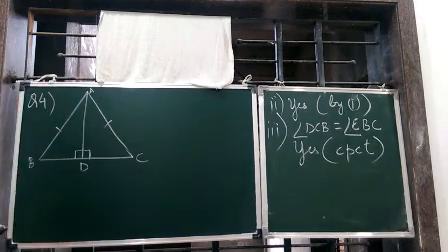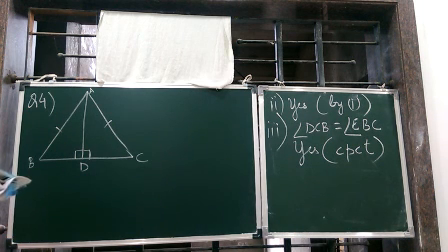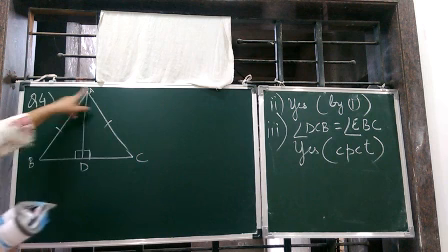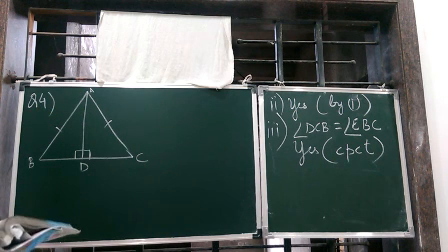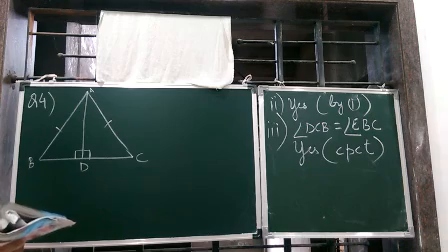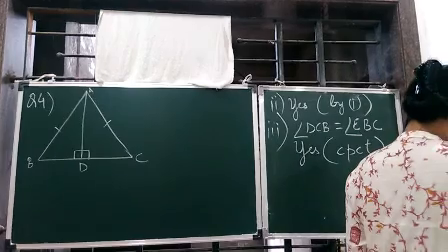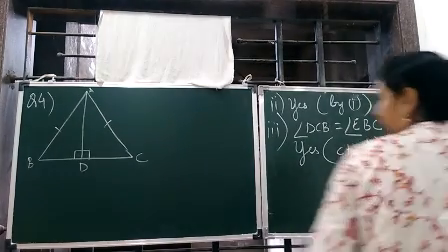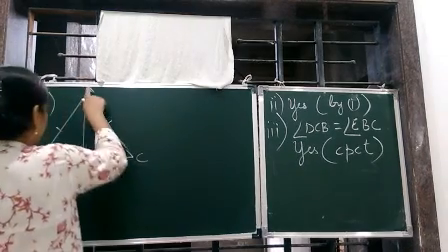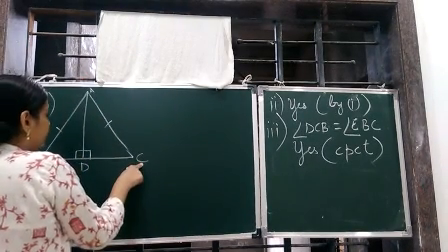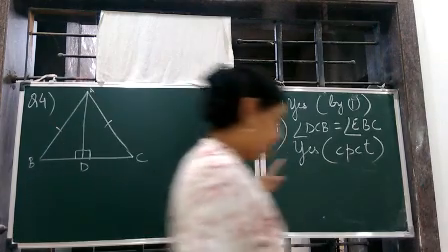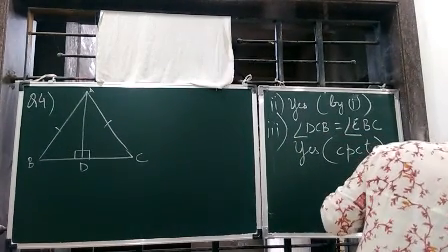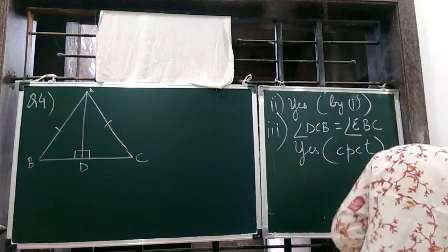Right angles, okay. Now, ABC is an isosceles triangle with AB equal to AC. Yes, that is why it is an isosceles triangle. State the three pairs of equal parts in triangle ADB and ADC. In triangle ADB and ADC, we have to state the three parts of the triangle. Am I correct? Three parts of the triangle? Yes.